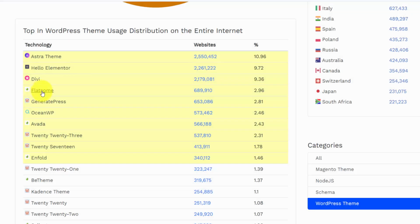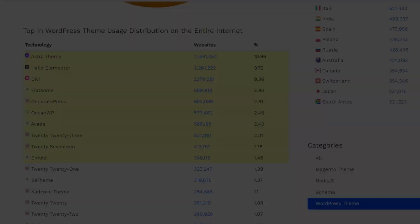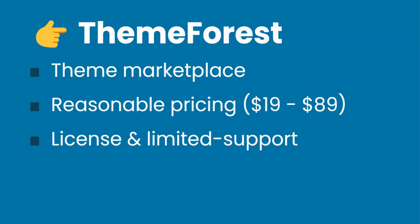And then there's 3 themes here which are part of a bigger company. And you can see that the icon on the left here is the same for Flotsam, Avada, and Unfold. And that icon represents ThemeForest, which is a WordPress theme marketplace. In fact, I think they're just a code marketplace in general, but WordPress themes is one of the categories. So a lot of people go there to download a theme, and most of the themes on there are specialized for a particular niche. So they have themes for magazine-style websites, blogs, professional websites,